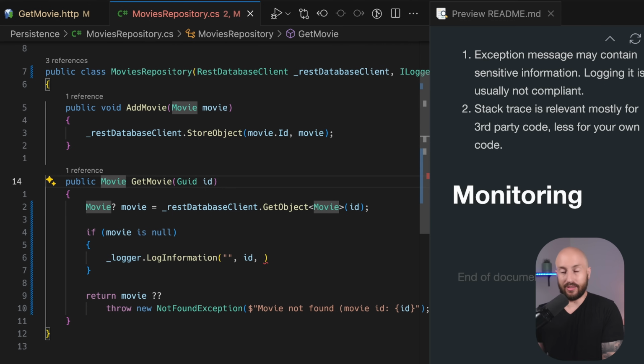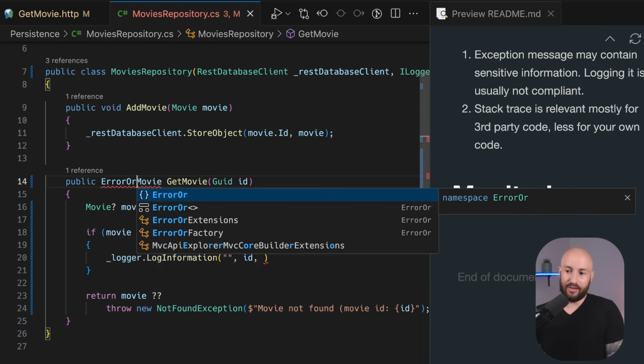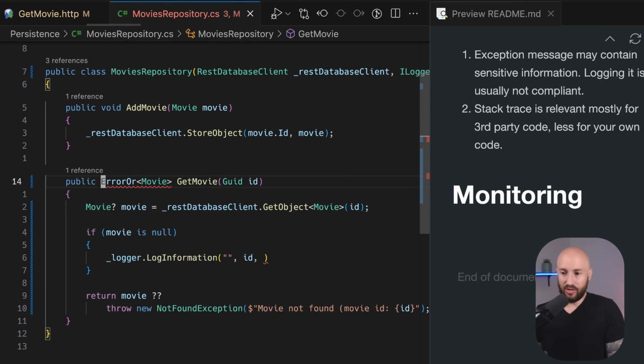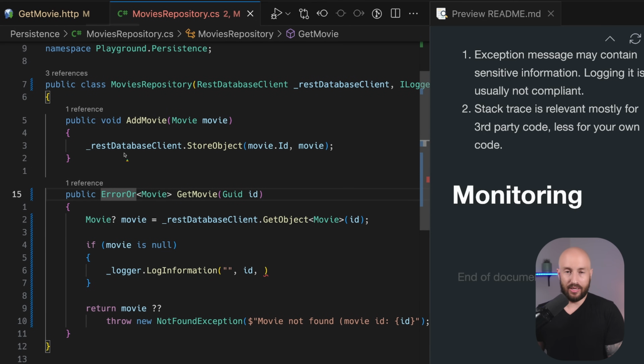Now you can go ahead and create this result class and have it be like a discriminated union between the value or the error, or you can go ahead and use a NuGet package for this. Now, there are many NuGet packages that implement the result pattern, but we're going to use my specific favorite NuGet package for implementing the result pattern, which is ErrorOr. So all you need to do to use ErrorOr is, first of all, adding the package, which is simply called ErrorOr. And then you can go ahead and say that you're returning an ErrorOr struct, which over here, as the naming suggests, we're returning either the error or a list of errors or the movie.